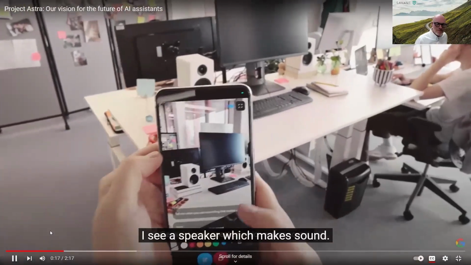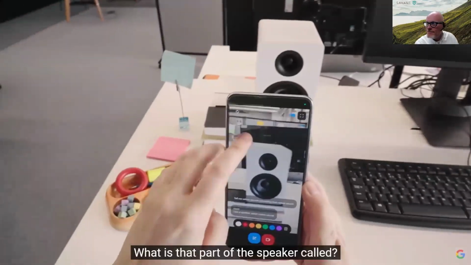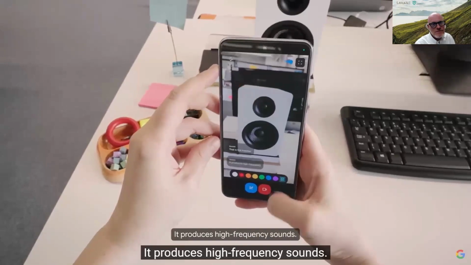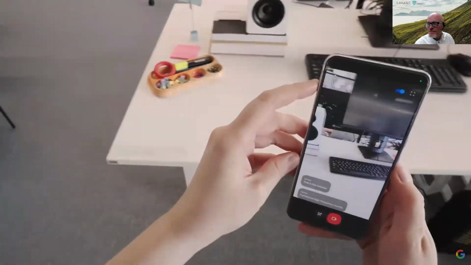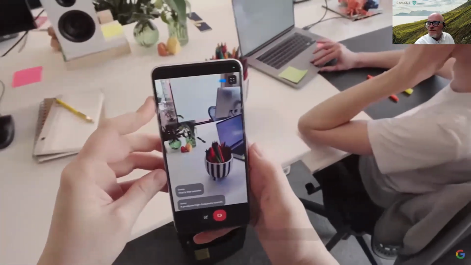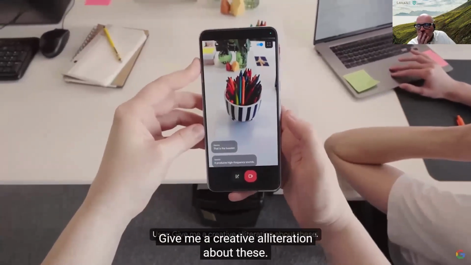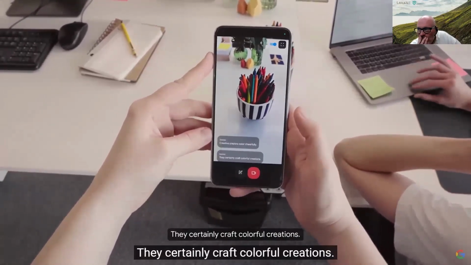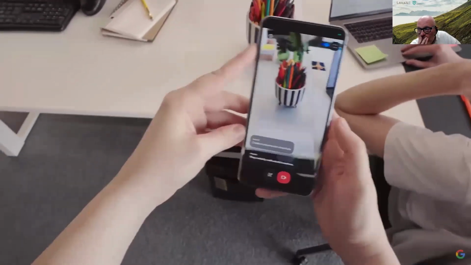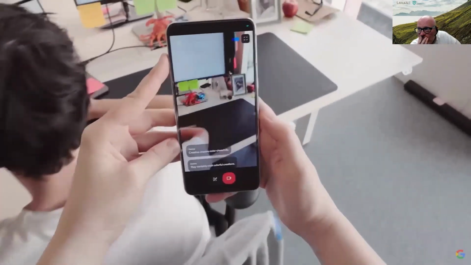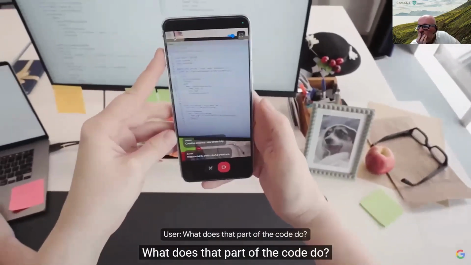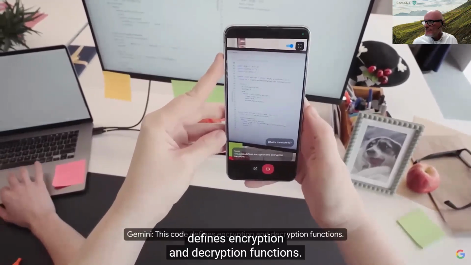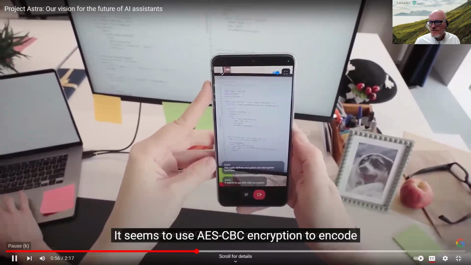I see a speaker, which makes sound. What is that part of the speaker called? That is the tweeter. It produces high-frequency sounds. Give me a creative alliteration about these. Creative crayons color cheerfully. They certainly craft colorful creations. What does that part of the code do? This code defines encryption and decryption functions. It seems to use AES CBC and...